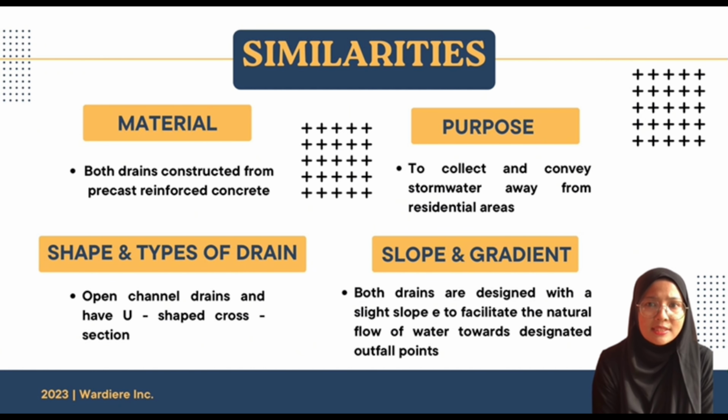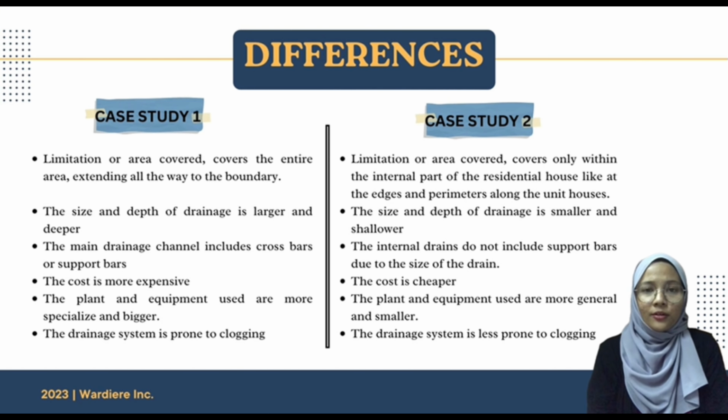Third is the purpose, as they function to collect and convey stormwater away from residential and urban areas, reducing the risk of flooding and preventing waterlogging. Lastly, both drainage systems are designed with slope and gradient to facilitate the natural flow of water towards designated outfall points, preventing water stagnation. Meanwhile, for the differences between these two cases, in case study 1, the limitation or area